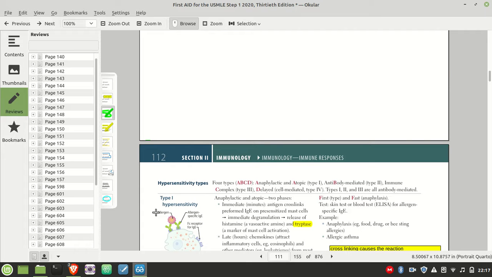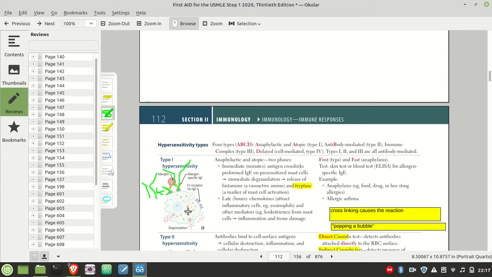oh, let me actually draw it. You have the movement of these two things kind of together, kind of like a snap. And this destabilizes the entire mast cell, which is what I was talking about when it's just popping a bubble,